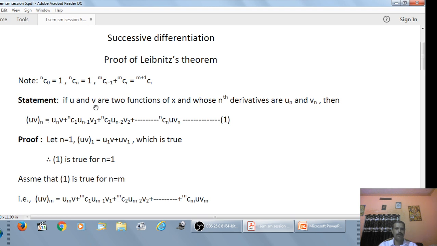If u and v are two functions of x, and suppose the nth derivative of u is un and the nth derivative of v is vn, then this theorem says the nth derivative of the product of these two functions u into v is equal to the nth derivative of u, first function, into second function v plus nc1, the n minus 1th derivative of first one u. In the next term,